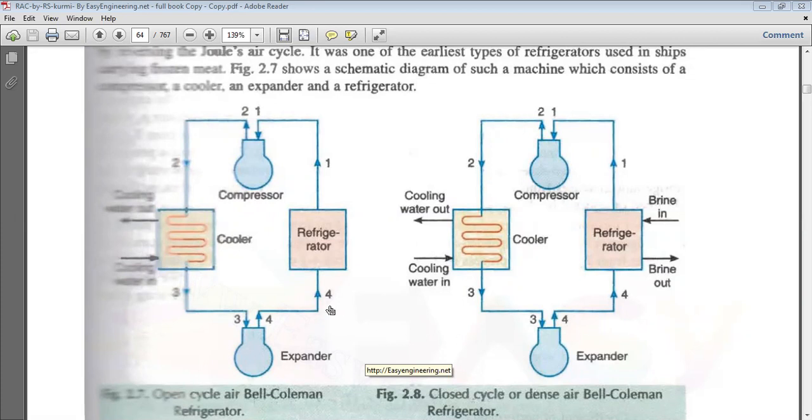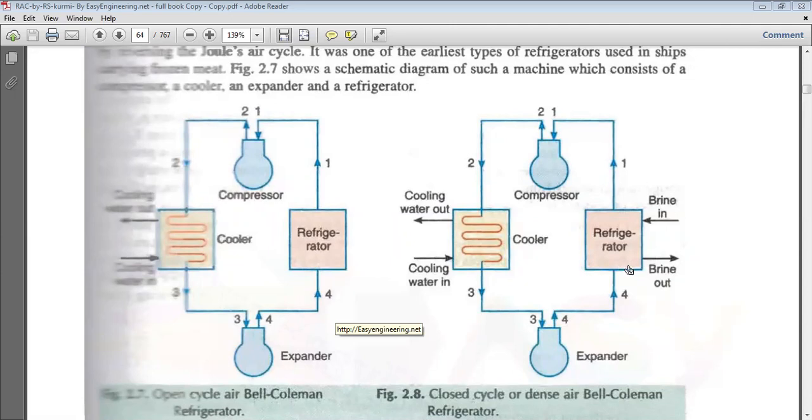Whenever I am using an open system, the refrigerator has to be maintained at atmospheric pressure, and the suction pressure is also atmospheric pressure, because we have to maintain the refrigerator at atmospheric pressure since we have to place a product there. Therefore, the low pressure of the cycle should be the refrigerator pressure.